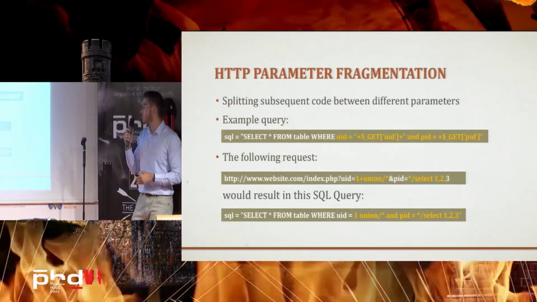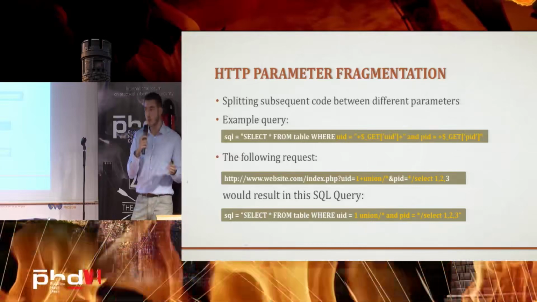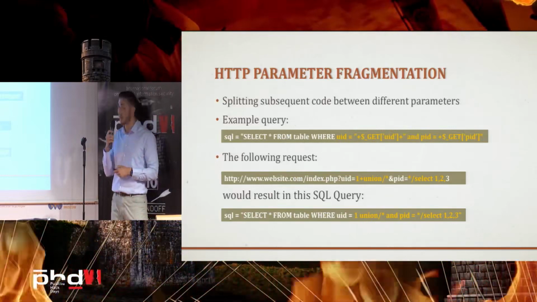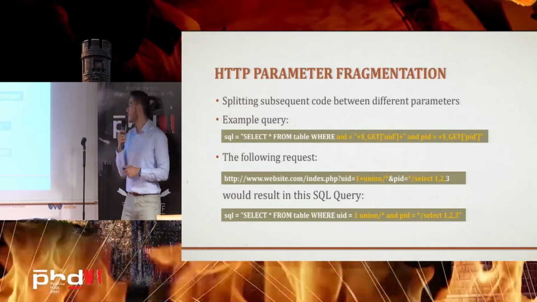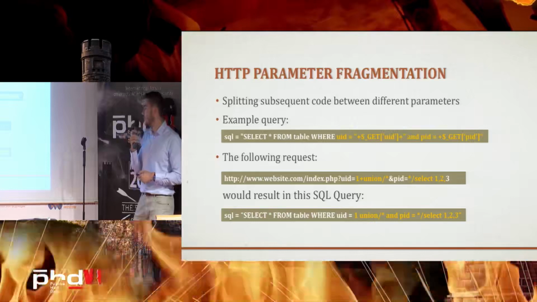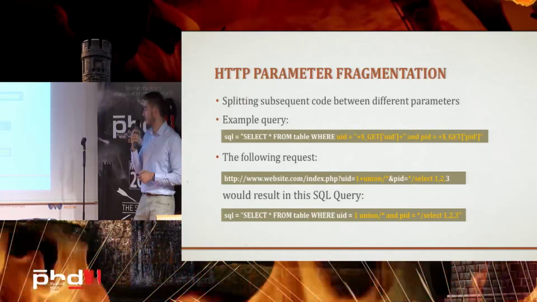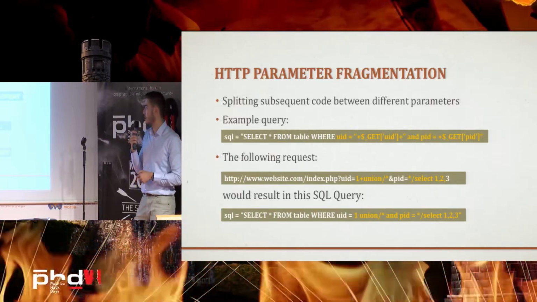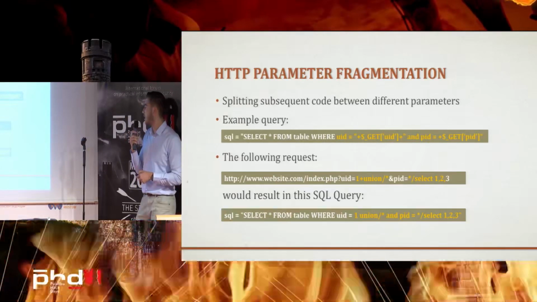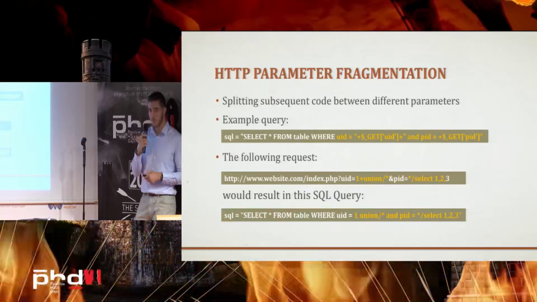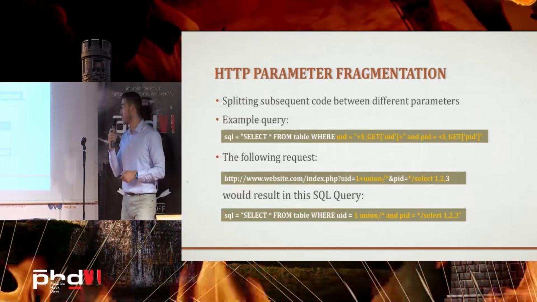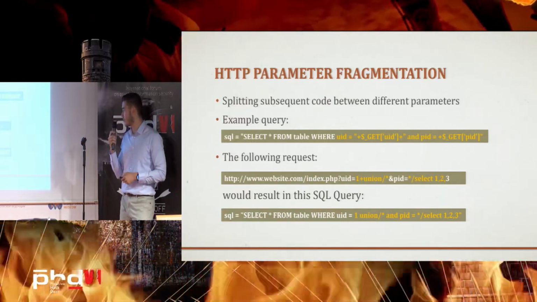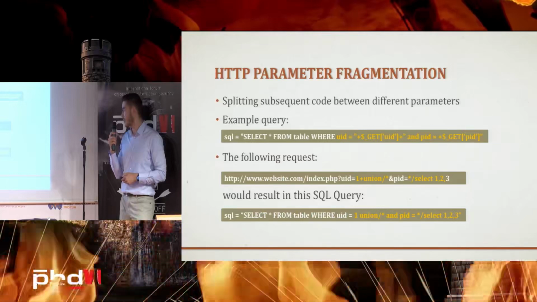Here we try to split our payload, our injection or our cross-site scripting between different parameters. First of all, let's assume that we have this SQL query in the back end. We have select from table where UID equals and then our input, and PID equals and then again our input. So what we can do is, for UID, we send the payload or the input 1 and then space,